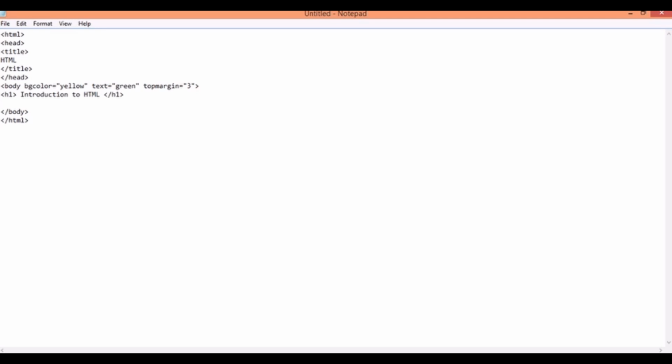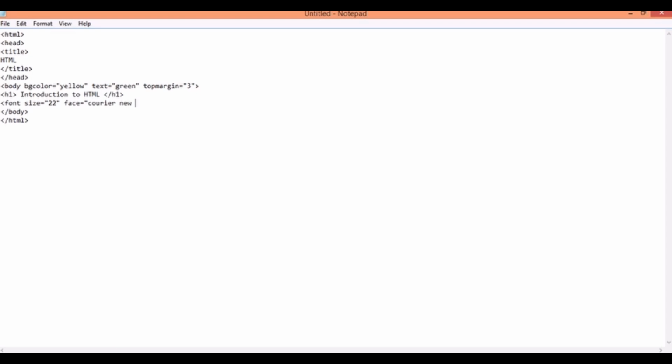Now in order to change the color later on, we will be using the font tag. So this font tag has 3 attributes associated with it, which is font size. This will set the size of the text. You have face, which will set the style of the text.